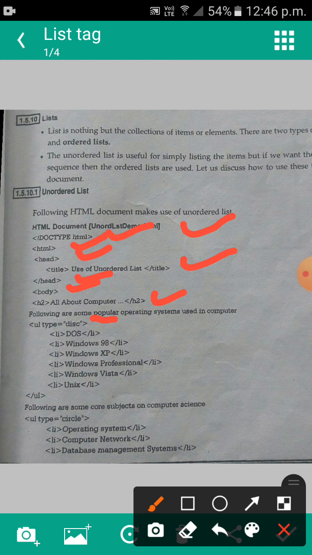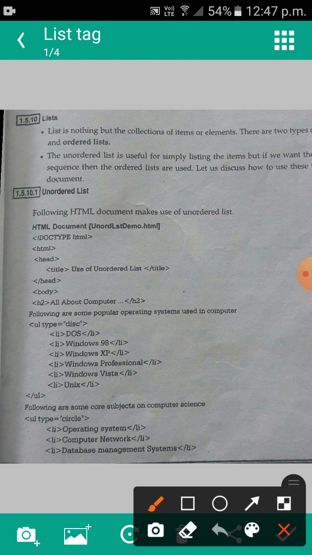UL means unordered list, and for each LI, first DOS, a disc-like bullet will be displayed, then for Windows, the same. Like that, the disc-like bullets will be displayed.